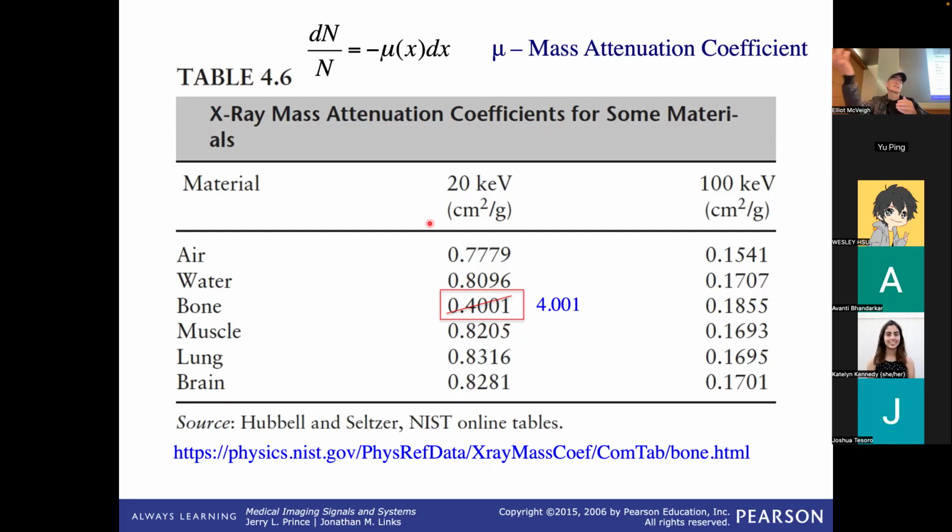You don't want the attenuation coefficient in your table to change. You want to be able to use that same attenuation coefficient. So it's normally normalized to density. So here's the relative numbers, right? At 20 keV and 100 keV. And you can see why it's easier to remember half value layers, because you're not going to remember all these numbers,